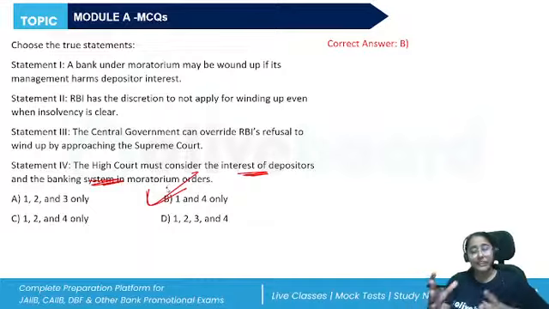All right, so the suspension of business and winding up a banking company that is, let's say, temporarily unable to meet the obligations, there the moratorium will be given, but subject to the terms and conditions imposed by the High Court, and it shall not exceed 6 months. If, let's say, the banking company, it is clear that they are unable to pay the debts, then the insolvency will be final. Okay, all right.